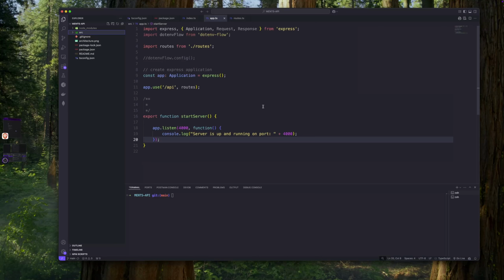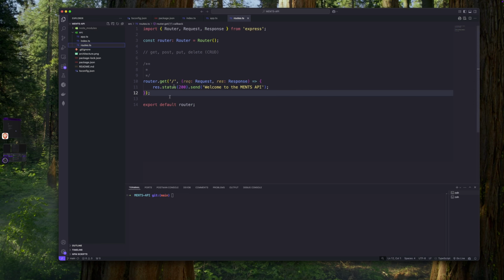So we created the basic route. We did a file called routes where we have this welcome route, or we could say a health check, so that we can check if the server is up and running. And this video is just about how we use the TypeScript compiler to actually create the transpiling to JavaScript, because